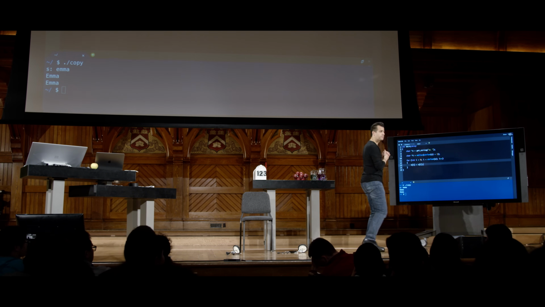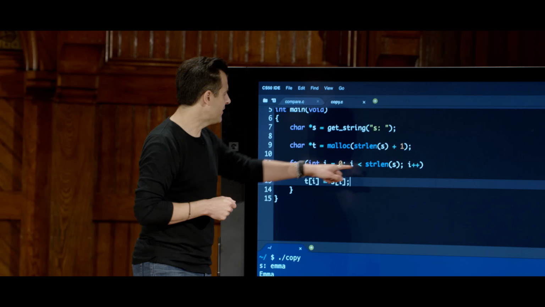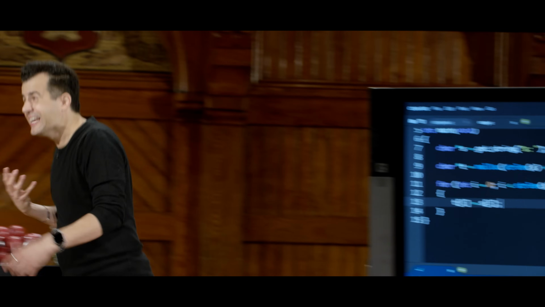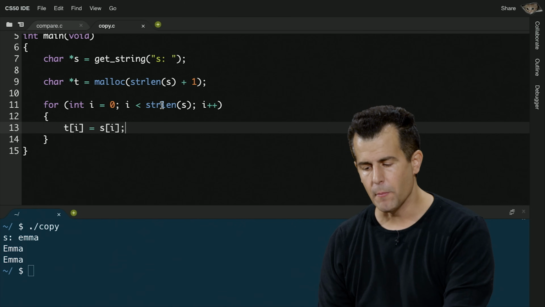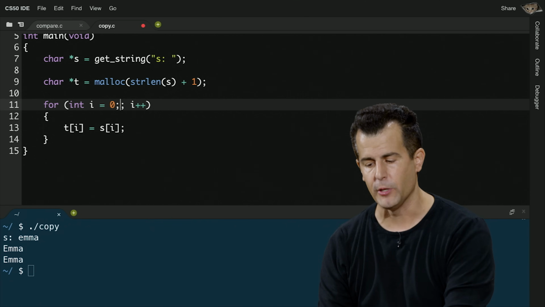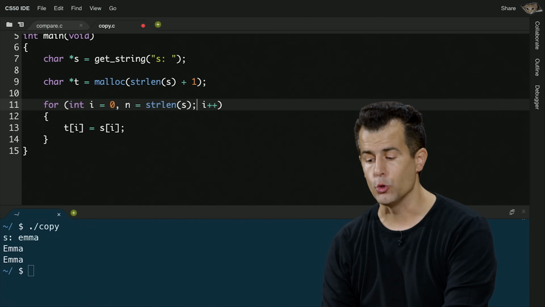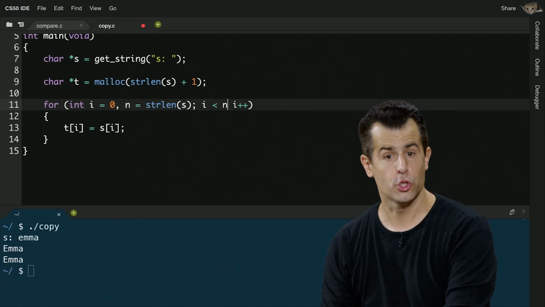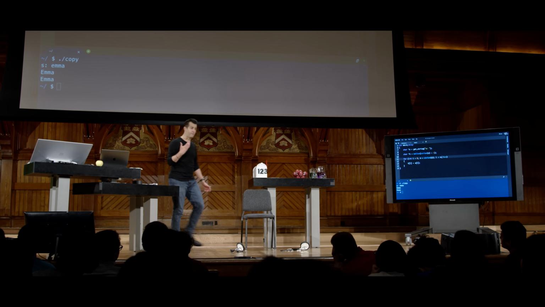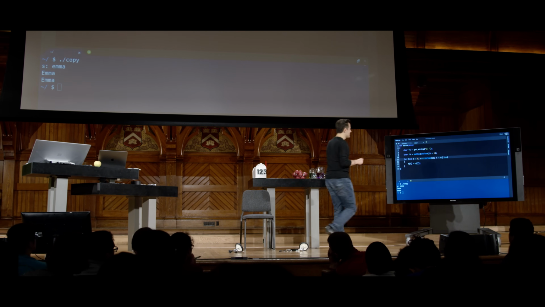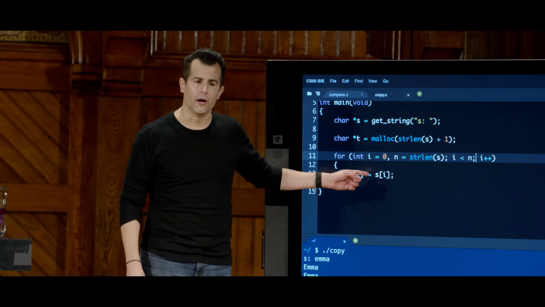Yeah, this was inefficient. We said a couple weeks ago this is bad design to just keep asking the question, what's the length of s? What's the length of s? So remember that we had a little optimization a couple of weeks ago. Let's just declare n to equal the string length of s, and then do a condition of i is less than n. So we've improved the design there. It's a little more efficient. We're wasting less time. There's still a subtle bug here.